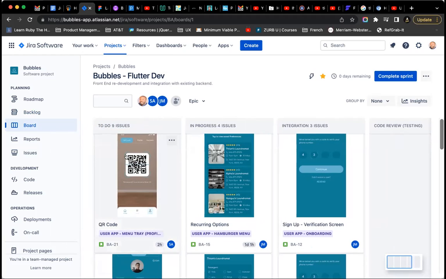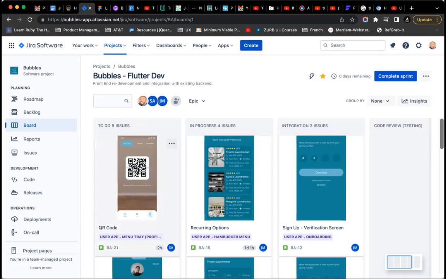If it's not done, I just grab it and drag it across. So these are some things that a product manager would do, but in a bigger organization, you might have a product owner, part of a Scrum team, who will manage these things on behalf of the product manager. These are bigger Fortune 500 companies, like AT&T, Verizon, Google, and the lot, they have dedicated teams that will do these things.